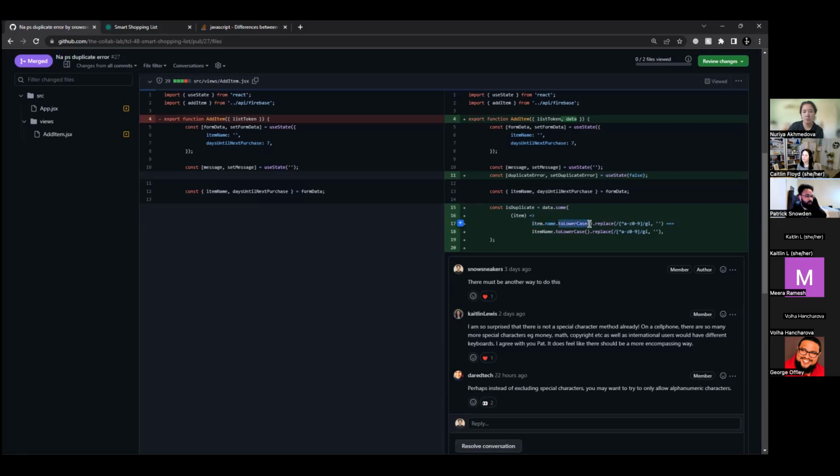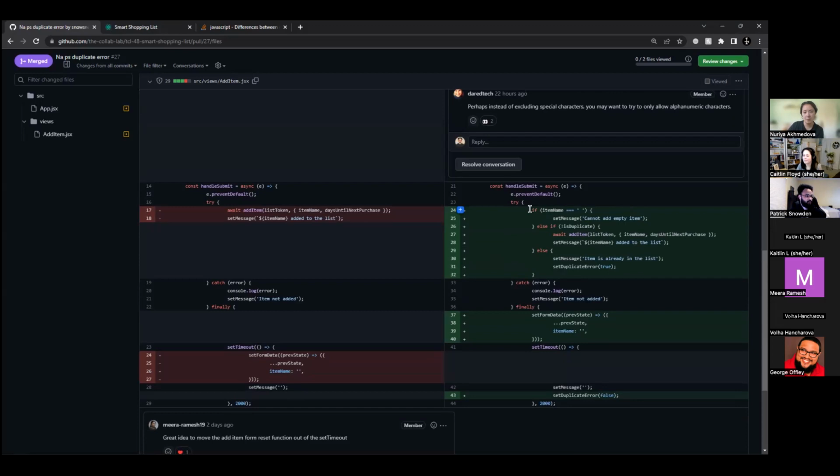So we set them both to lowercase, and then this regex. I'm not entirely sure what it does, but it seems to have done everything that the original filter did, filtering out all the spaces and all the special characters. I think this just checks if it's an alphanumeric value.